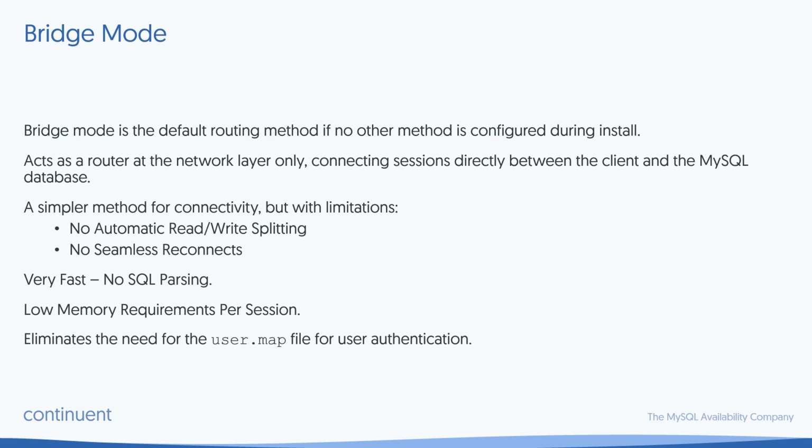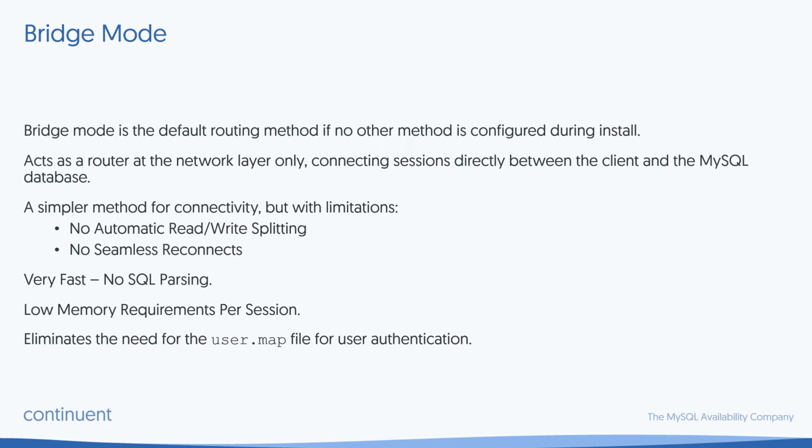So let's take a look at the first mode. This is Bridge Mode. This is the default when you install the cluster if you do not select any other mode. Bridge mode is the simplest and fastest routing method, but at the expense of some of the more advanced features of the connector. Bridge mode acts as a simple router at the network layer, simply connecting your session request directly to the MySQL host. We will route based on other settings, so we can route to the primary or replica if you configure port-based routing, but this routing is not